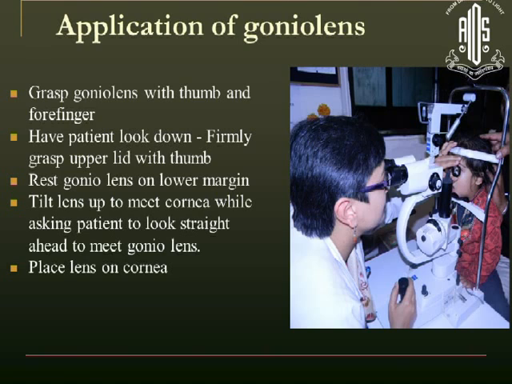So you need to grasp the goniolens with a thumb and forefinger. Have the patient look down, firmly grasp the upper lid with a thumb, rest the goniolens on the lower lid margin, and tilt the lens up to meet the cornea by asking the patient to look straight ahead, and then gently place the goniolens on the cornea. It's important not to press upon it because then you might artifactually open and occlude